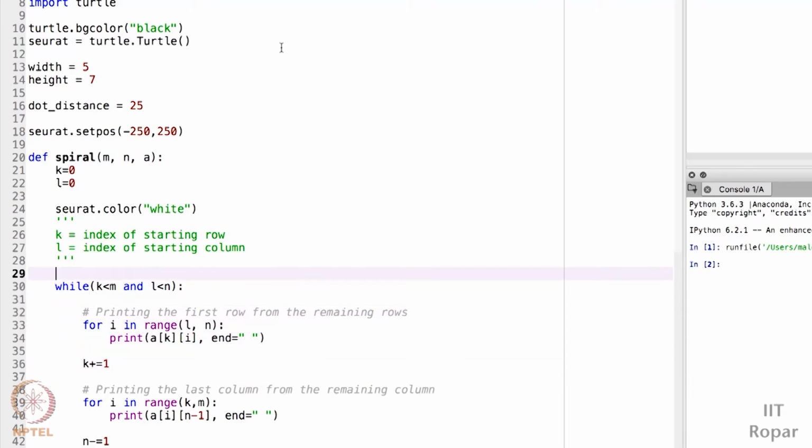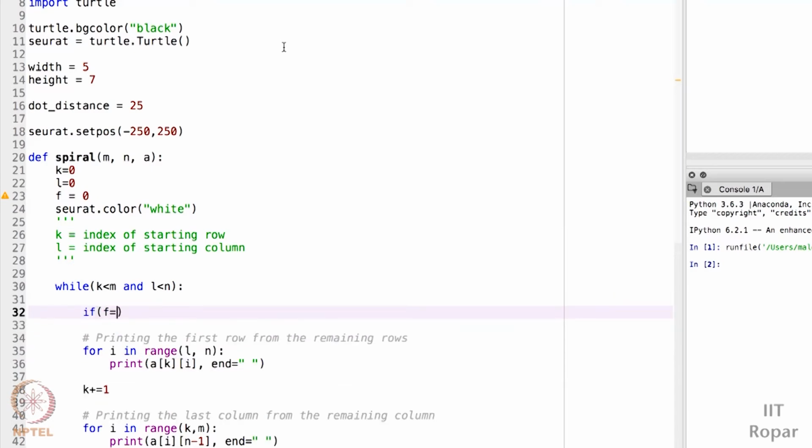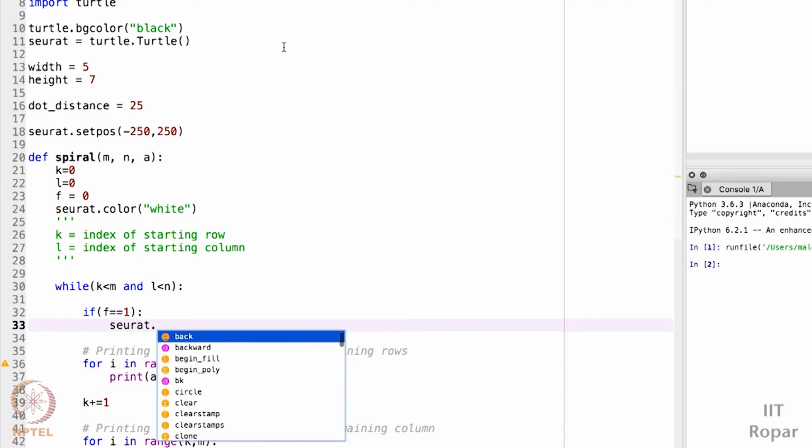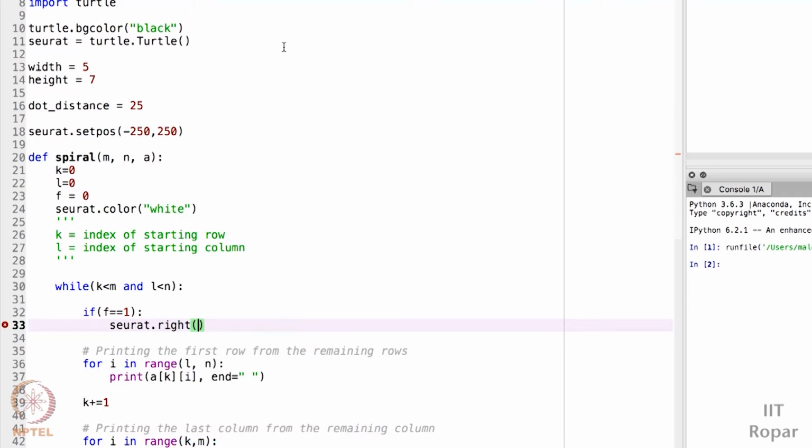So for that I will create a variable to check that, let's say flag or f as 0. After printing this, I'll check here if f is equal to 1. It means I already printed the first row. I will move the direction of my turtle at the angle of 90 degrees to the right. After printing the first row, now I don't need to print the array here.